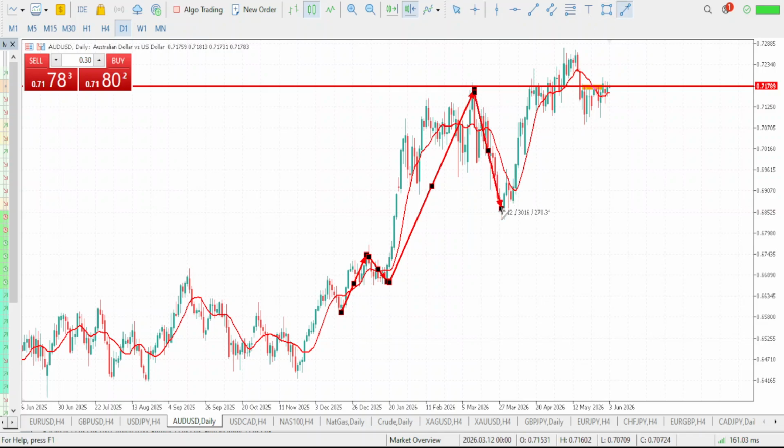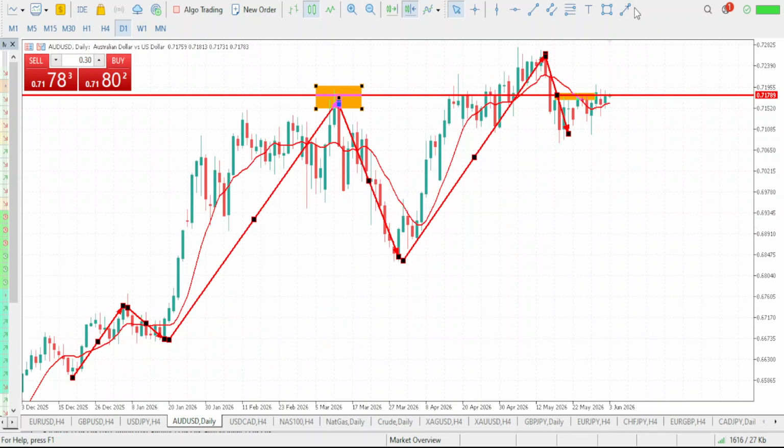This is a pullback that formed a higher low right here. This is a pullback that formed a higher low. Markets eventually push up again to form a new higher high, right? That eventually took out this previous high. Then when markets pull back, it pulled back to form a higher low. With what market is doing right here, market is now pushing up, so we should expect that push up to continue till it is able to take out this high right here, thereby forming a new higher high.